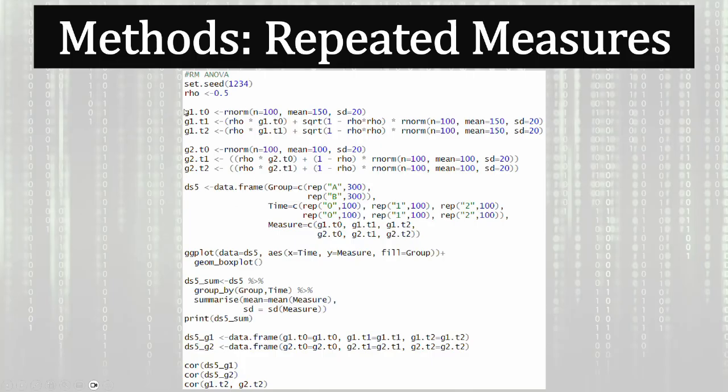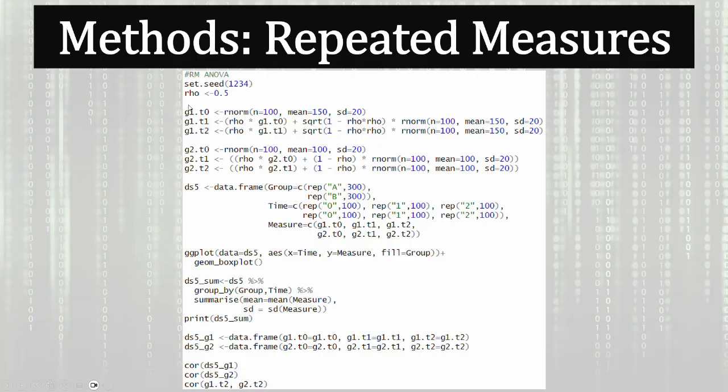The difference between a regular ANOVA and repeated measures ANOVA is that each group is maybe across time, and they should be correlated because they're the same measurement, like maybe the same patient across different times. And so I'm going to create a rho value of 0.5, because that's a good default. And so then what I'm going to do is create 6